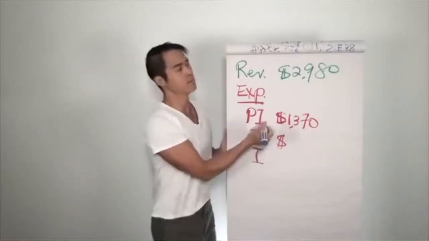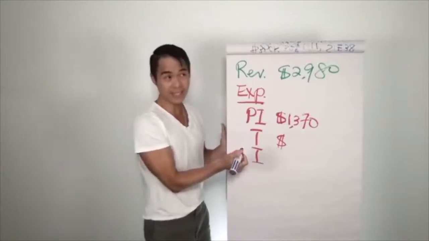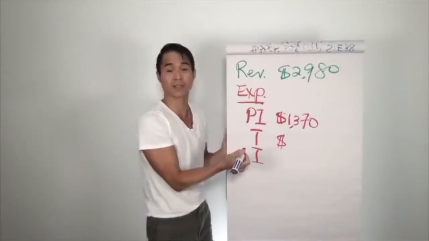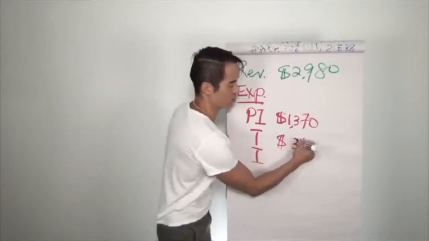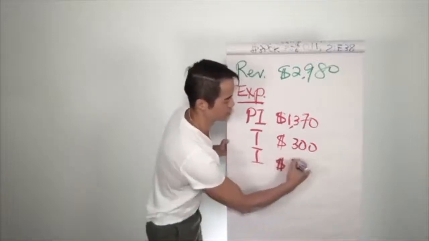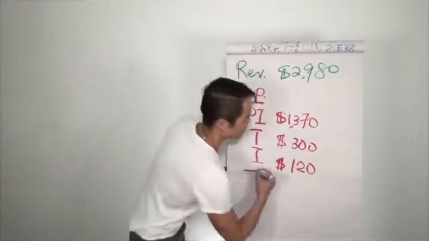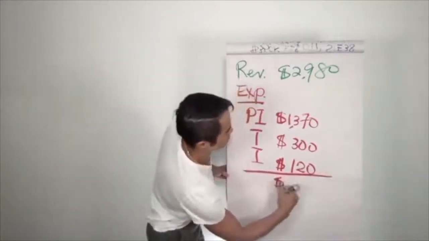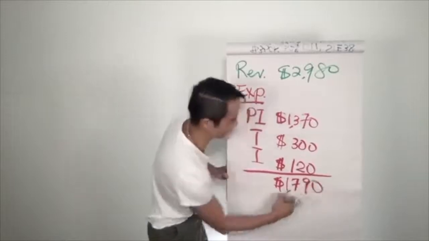A property that's worth about $350,000 at the moment. Most cities, you're going to be looking at about 1%, so about $3,600 a year, which means $300 per month on property taxes. Insurance, let's just go $120 on a monthly basis, okay? So when we add it all up, let's see if my Asian genes are supporting me today.